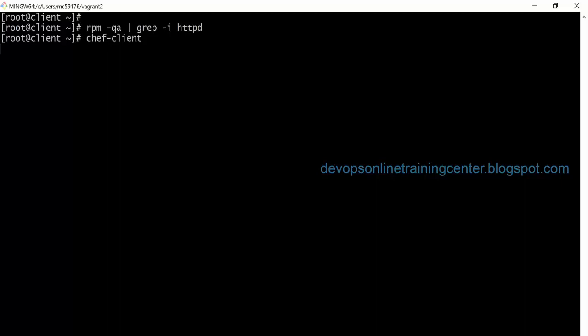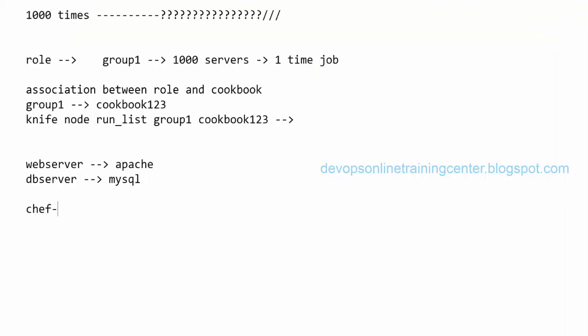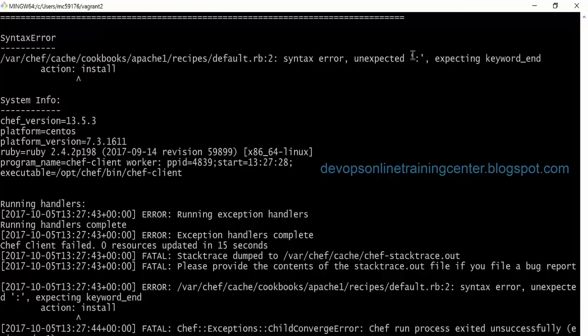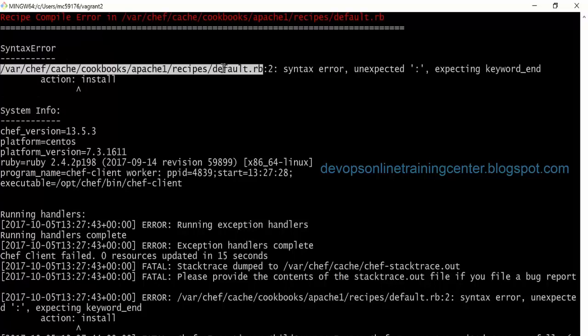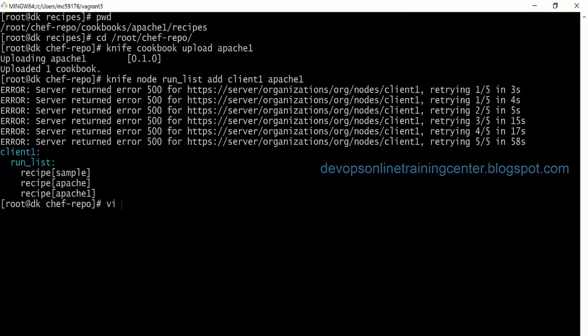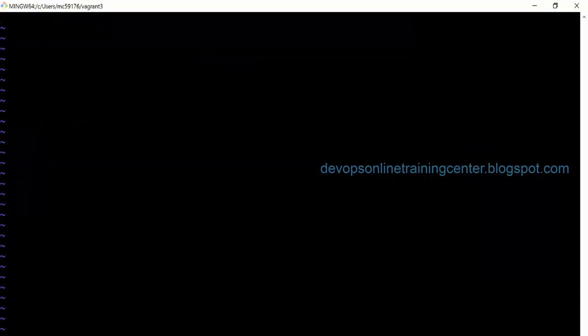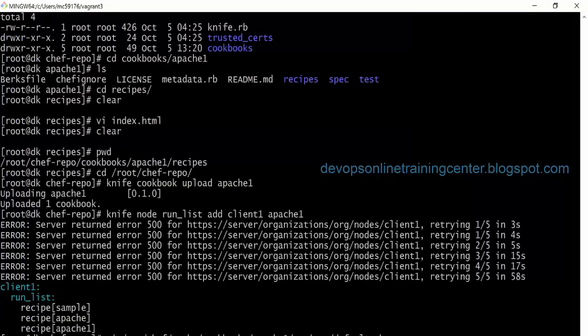If something is going wrong, to debug chef client, use -l debug. This is a debug option. This will enable debugs. It will give more logs. Okay, something is wrong. Expecting colon somewhere in the default.rb in the second line. So we need to go here and edit the file. Sorry, that is cookbooks Apache 1